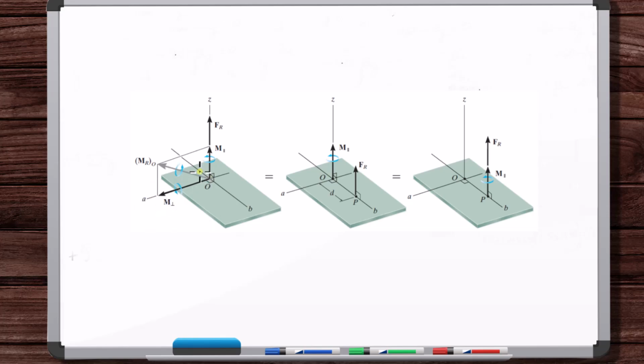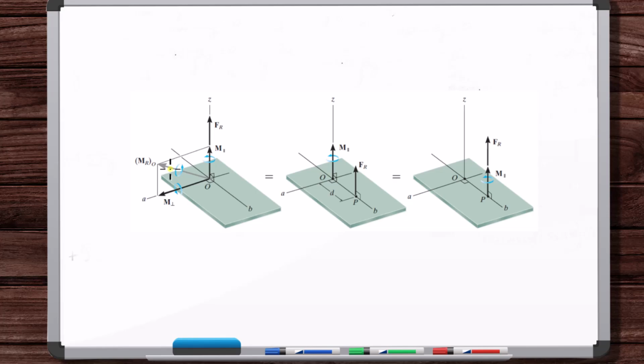Let's say the couple moment was over here. Well, the perpendicular component would be here. That's causing rotation in this direction. F cross R is into the page. That's what you want, right? So if you do F cross the couple moment, that will give you the right direction of rotation, but